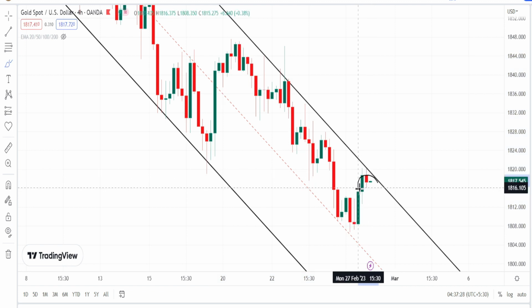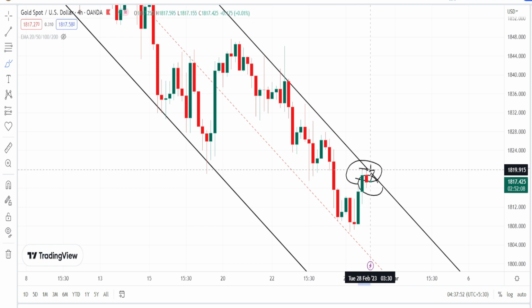But looking at this candle, it has opened at the same level where it closed yesterday, which means that the bullishness is still there. But the confirmation on the continuation of the bullish trend will come only when it breaks the previous high, which was around 1819. It has to break this resistance level in order to continue further on the bullish side